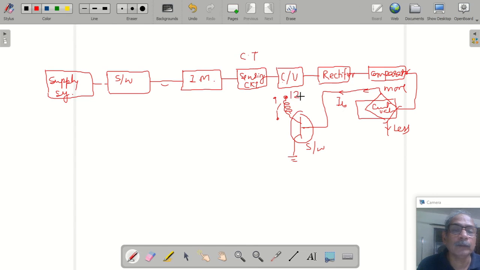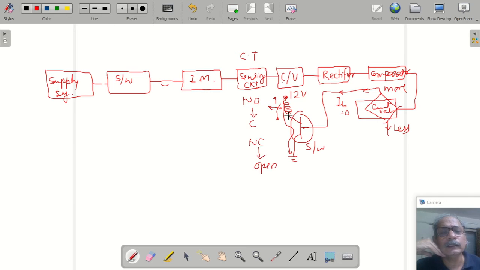Here I have given, suppose, 12 volt. This is the relay coil, a 12 volt relay. If IB, the base current, is 0, this will be off, and the current through this coil will be 0, so it will not operate. But if it is more than the set limit, what will happen? Current will flow through this relay coil from higher to lower in this way, and whenever current is flowing through the relay coil, it will operate. This will operate, meaning if it was normally open it will close. If it was normally closed, it will become open.